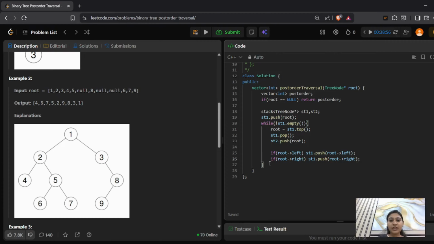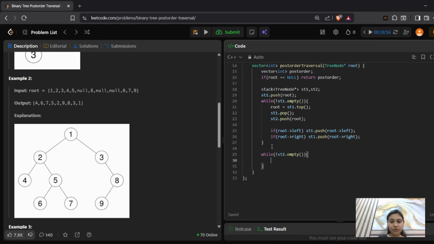Simultaneously we keep on adding all the elements in stack 2. Now when our stack 1 becomes empty, we pop out all the elements from stack 2 and insert them in our answer, the post order vector. So we again apply a while condition: while stack 2 is not empty, we take the topmost element.